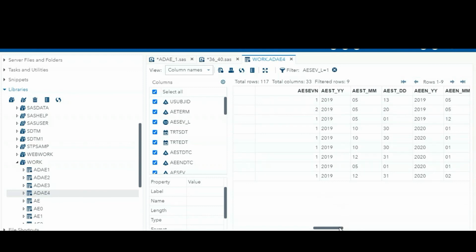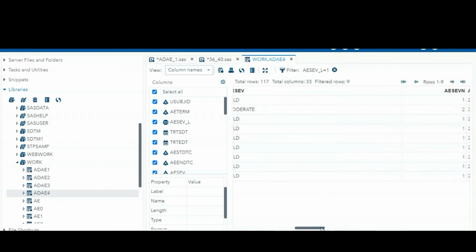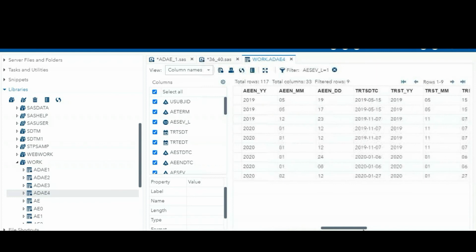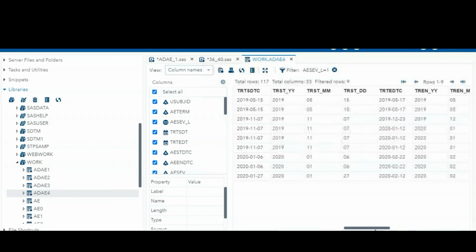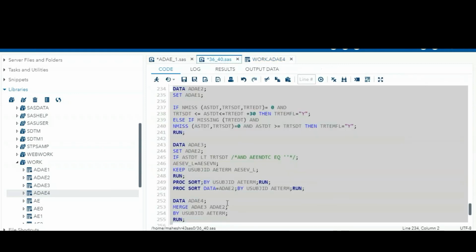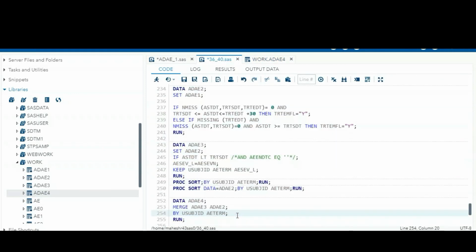So as per this, one is mild, two is moderate. As per the definition, the adverse event was there before taking the treatment, and it was increasing in severity, mild to moderate, 1 to 2. So how can we write the programming for this one? So simple.